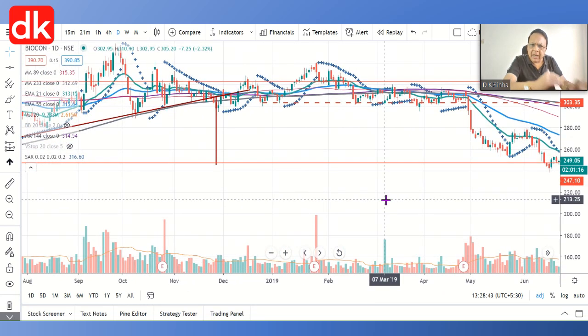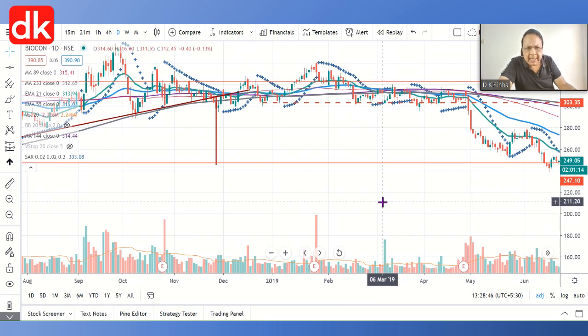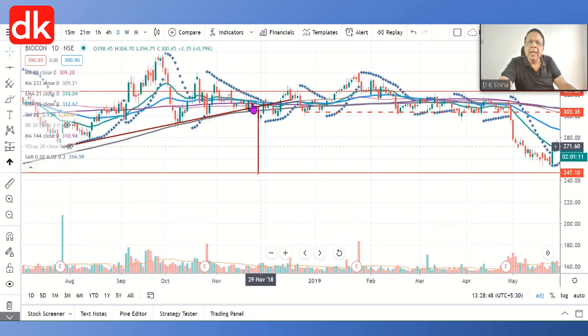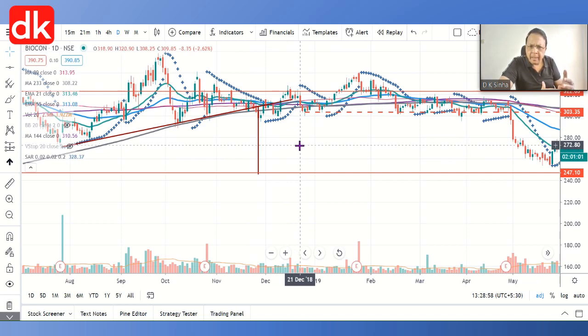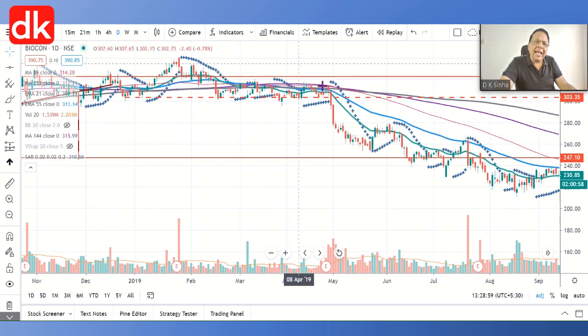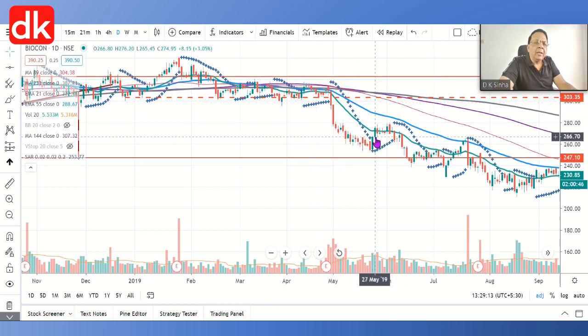So you get a better price if you combine other studies with parabolic SAR. Here you shorted and you have fixed the stop loss here somewhere, but here again there was a pullback. The stop loss got triggered. Here it lasted for a long time. Here you would have entered on a rejection of the price from the SMA 233. So you would have shorted at 304, and you could have booked the profit at 265. So pretty big profit you can book.